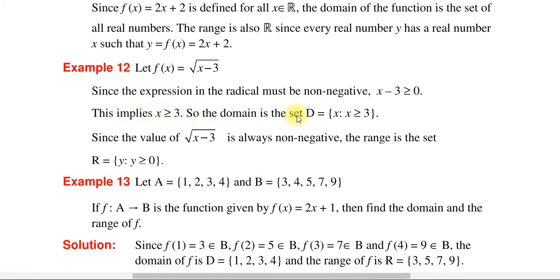So the domain of the set D is equal to the set x such that x greater than or equal to 3. ስለዚህ ዶሜናችን ከምን መብለጥ አለበት? ከ3 መብለጥ ወይም እኩል መሆን አለበት ማለት ነው።